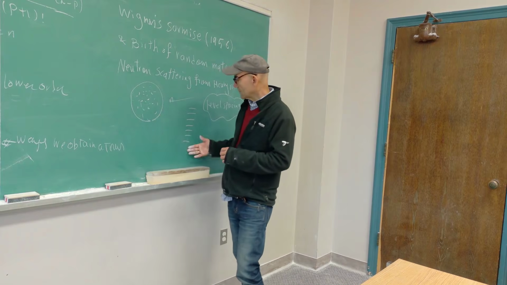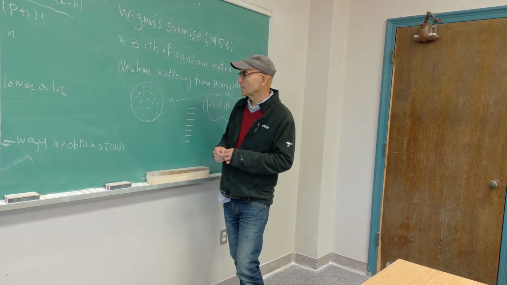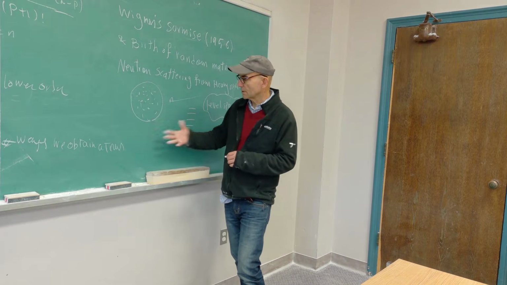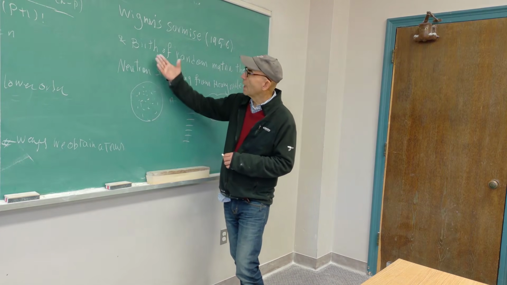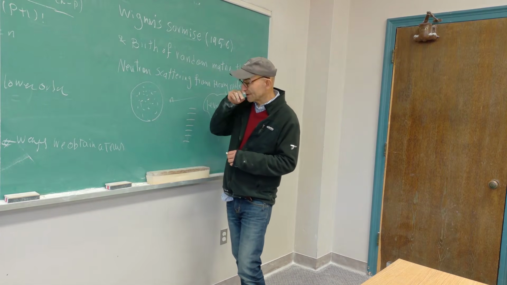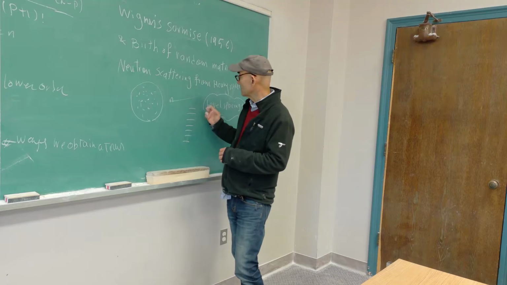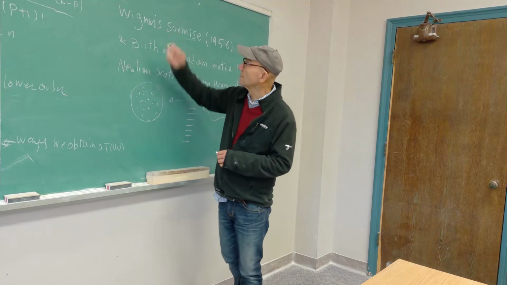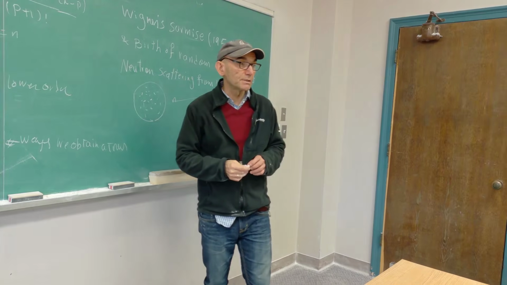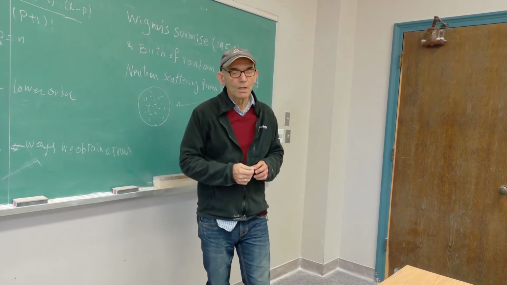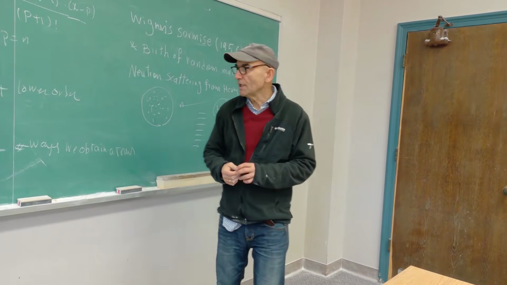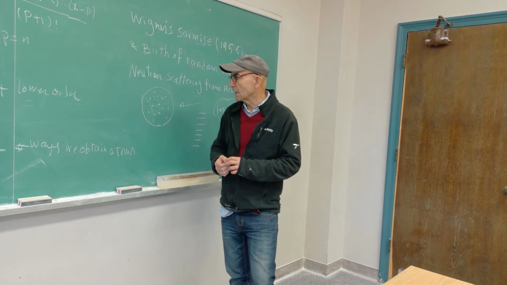So they had a lot of data collected by experimentalists, and theoreticians wanted to make sense of this. Then this attracted the attention of Wigner, who was a leading theoretician. So Wigner's idea was that,